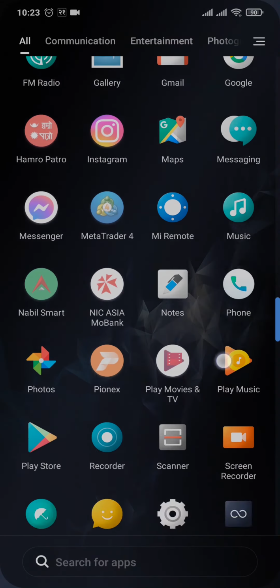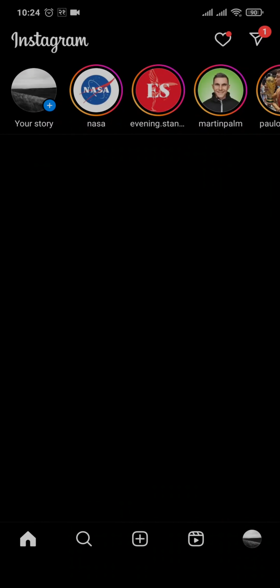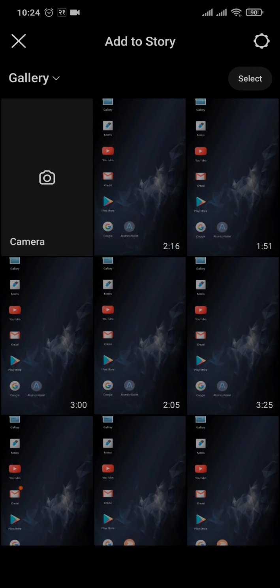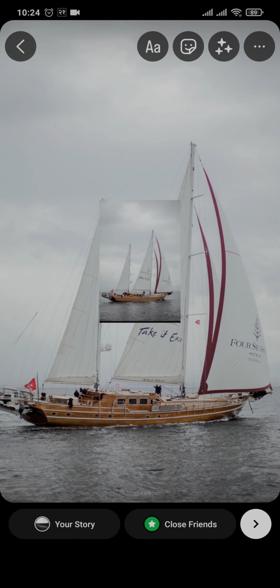Firstly, let's head over to Instagram. From the home screen, tap on your story section on the top left. Either you can take a story right away or you can tap and select your story from the gallery. After you select the story that you want to post, now all you need to do is tap on the stickers icon on the top